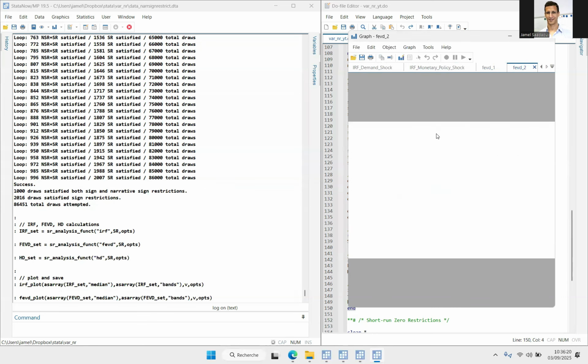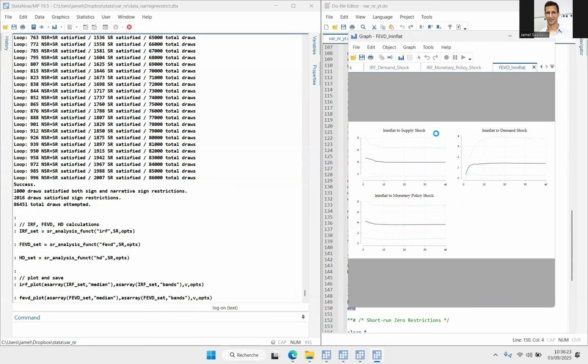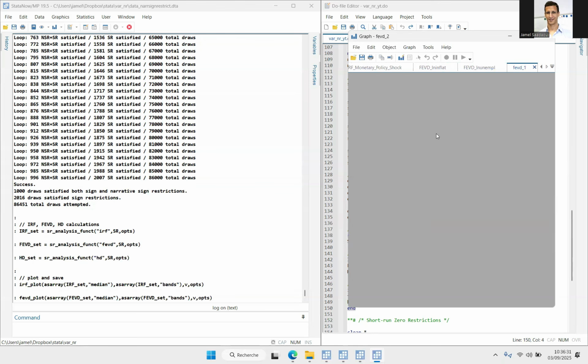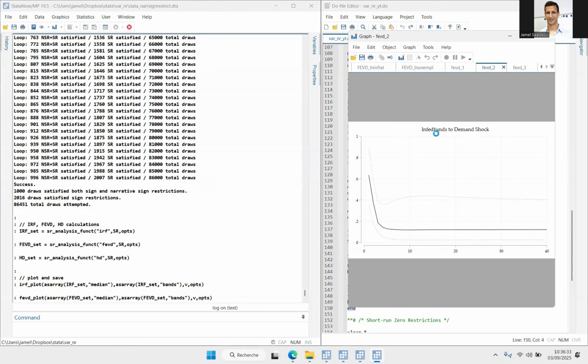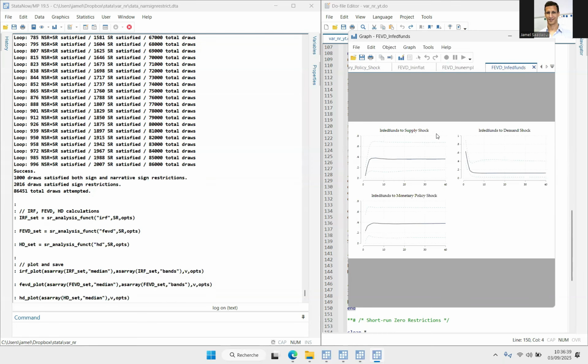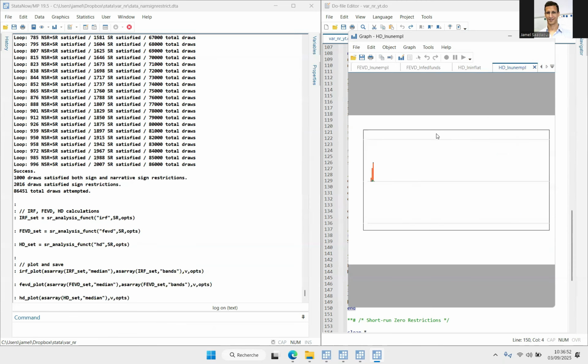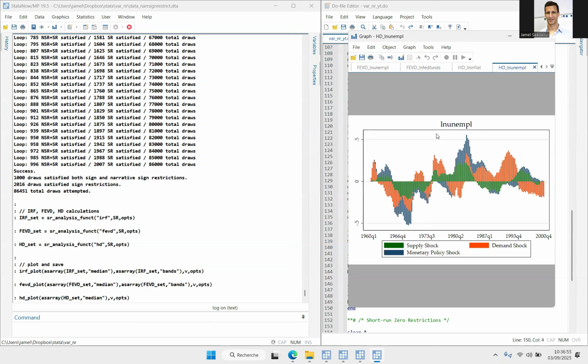If I follow the logic of the previous code, it should save a band for impulse response function, forecast error, forecast error variance decomposition into temporary matrices. So if you keep the free variables, it will keep the bands for the last variable. It should be like that, but I'm not sure because I never tested it. So more work